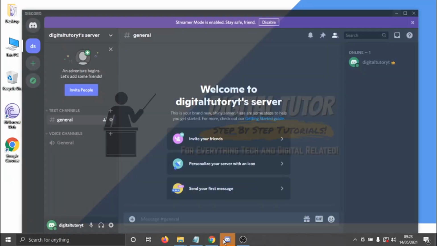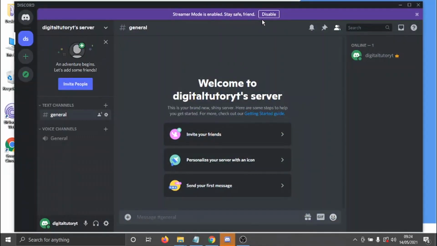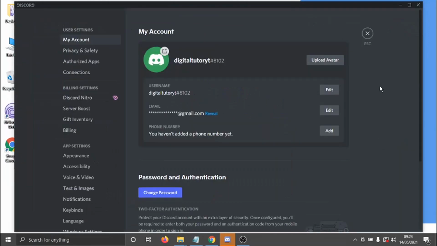So if I actually open up the Discord app on my computer, and if I go ahead and click onto user settings, so the little cog icon down here, and once I've clicked onto the cog icon, it's going to come up with a number of options. At the moment in the app, there's no way to log out of all devices, but what you can do is if you actually click on to the change password button down here,